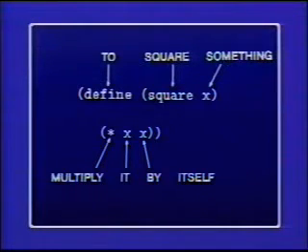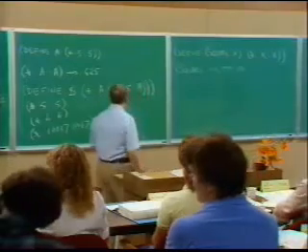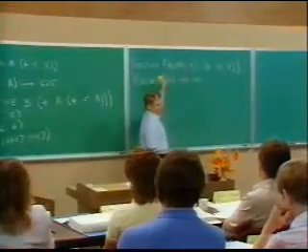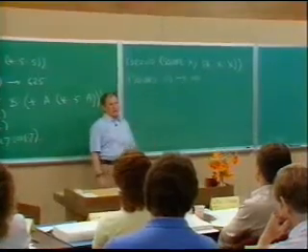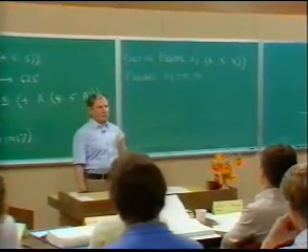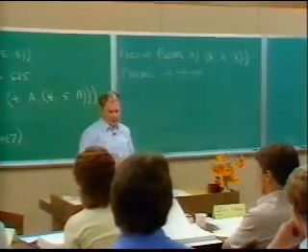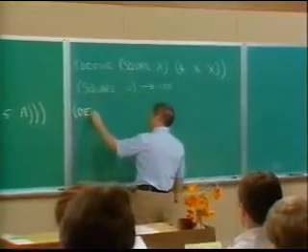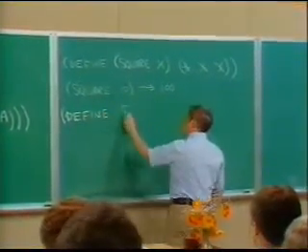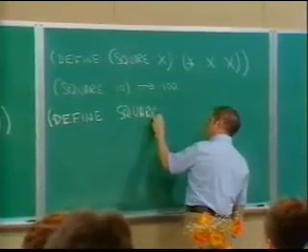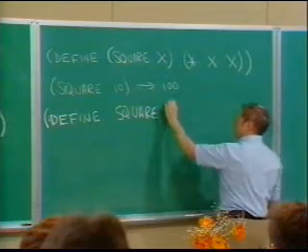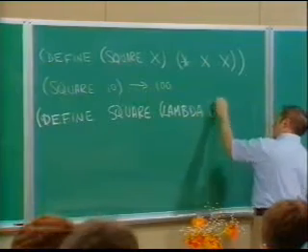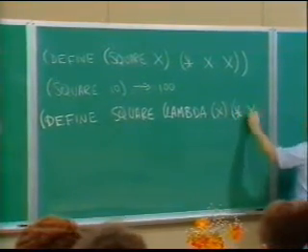So there's a notation for defining a procedure. Actually, this is a little bit confusing because this is sort of how I might use square, square of x or square of 10, but it's not making it very clear that I'm actually naming something. So let me write this definition in another way that makes it a little bit more clear that I'm naming something. I'll say define square to be lambda of x, times x.